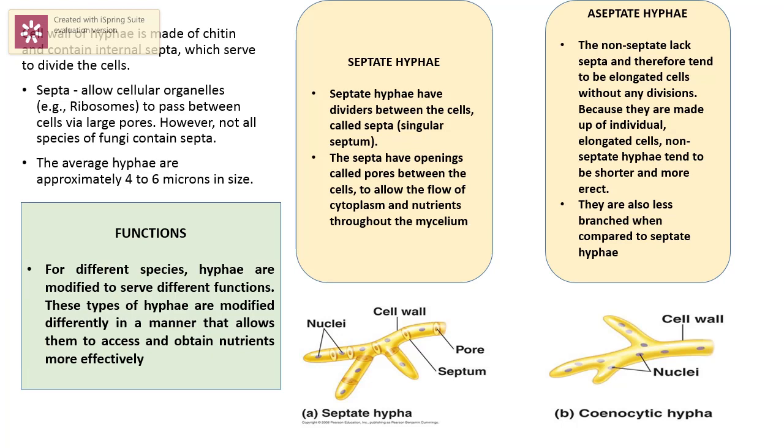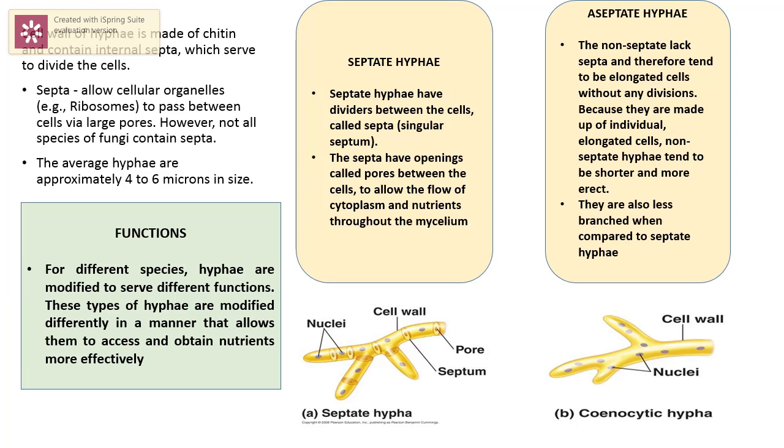Now in the case of aseptate hyphae, it is also known as cenocytic hyphae, and it is also known as non-septate hyphae. As the name itself suggests, what is non-septate hyphae? Non-septate hyphae is that in which it lacks the septa, in which it lacks the divisions. Means there are no divisions. When there are no divisions or internal cell wall, no septa, then no pores are required. It is a continuous flow of cytoplasm in the hyphae.